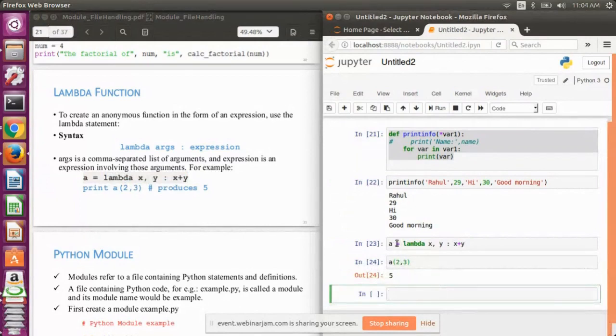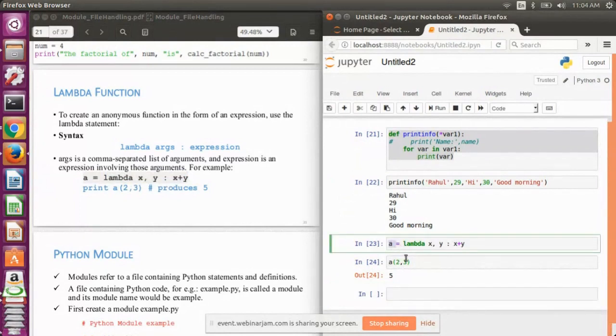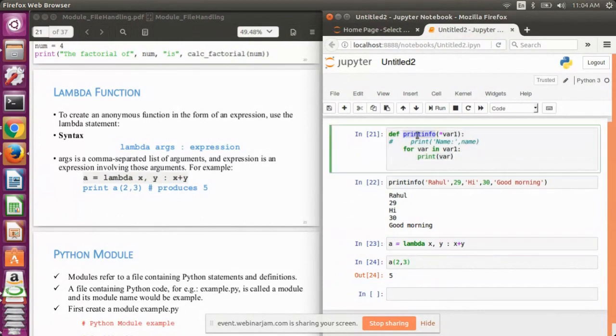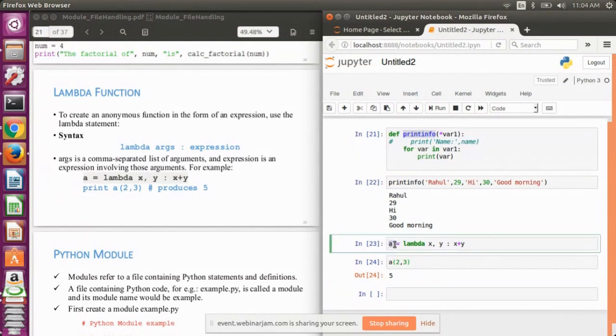So the function name in this particular definition is a. As such, it is an anonymous function. There is no function name, but to relate it to a normal function definition, we can say here a is acting as a function name, and that's why we have used a, and then in the brackets we have passed the arguments.